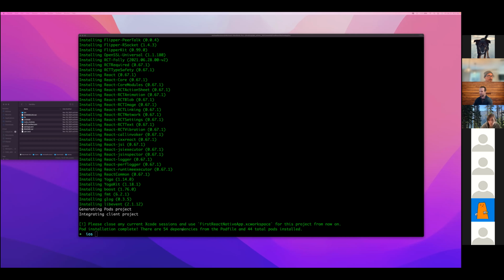Should I close Xcode like it's saying? Yeah, well, please check. It looks like it was successful. It just said please close any current Xcode session, so I didn't know if I needed to. I think you should be good with that one. Okay. So if you CD back,